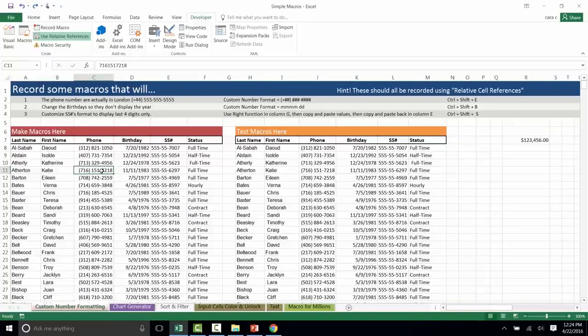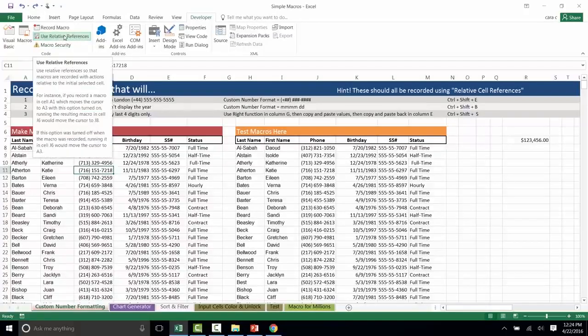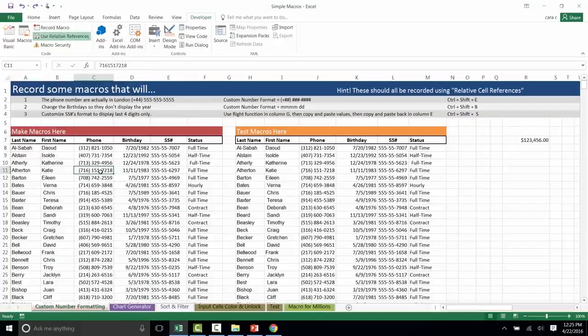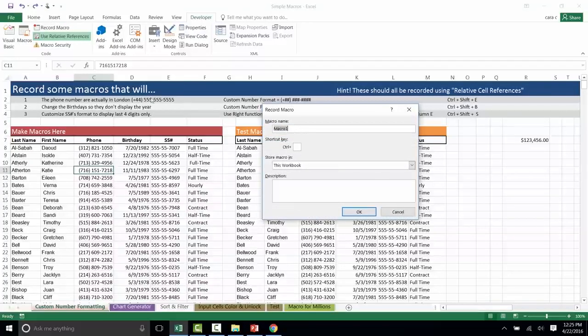Then I am going to ask myself whether I have already selected the cell that I do want to format before I click the record macro button, because I'm using relative references. I need to make sure the first thing the macro recorder records is the cell that I'm already in. If I clicked on record macro and then the first thing I did was click over here, the first thing it's going to record is, okay, move 2 cells to the right, move 2 cells down. I don't want it to do that. It's going to do a bunch of wrong stuff in the wrong places, exactly where I don't want it to. So I'm selecting the cell before I start, and then I'll click on record macro, and I'm going to name this one